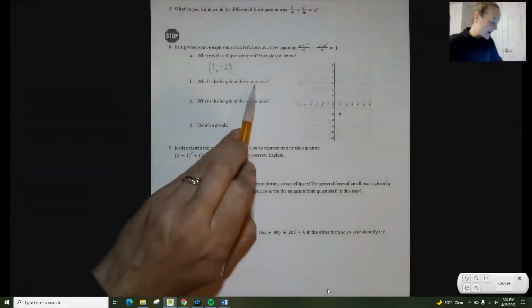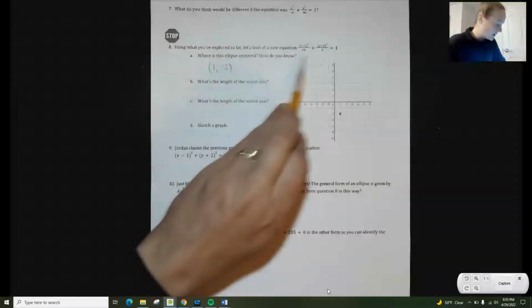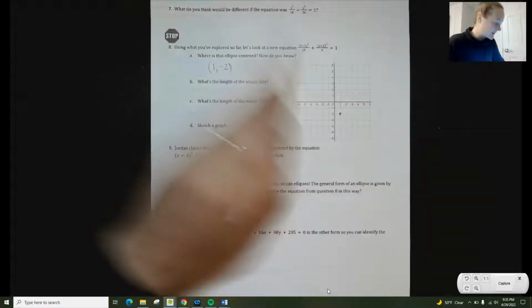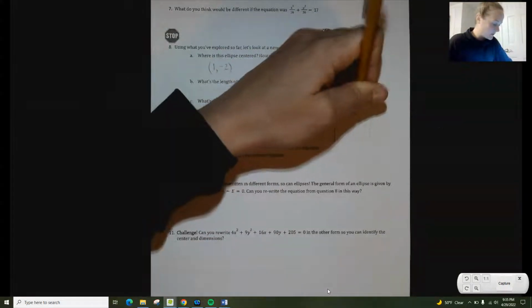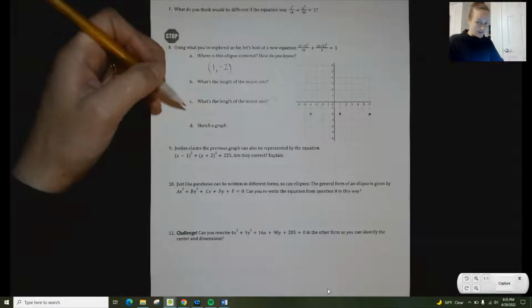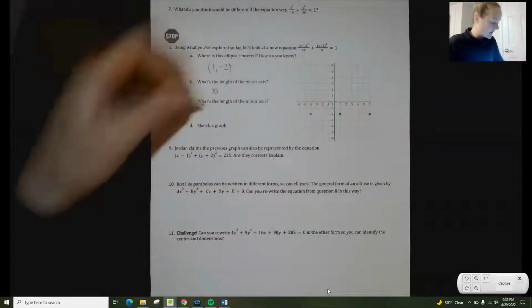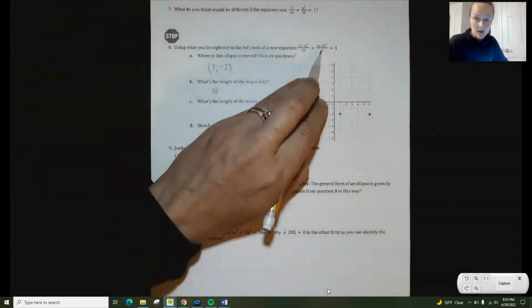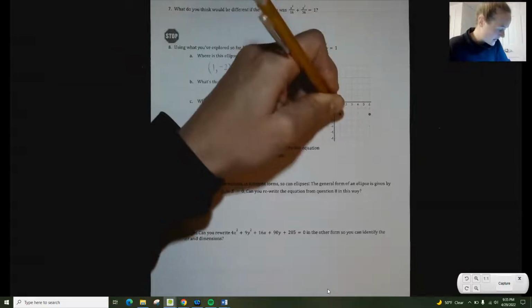And then the major axis talks about which one is larger. So 25 is larger. The major axis is going to go 5 either way. 1, 2, 3, 4, 5. 1, 2, 3, 4, 5. The question is, what is the length? The length is not 5, it's actually twice that, so it is 10. The length of the minor axis comes from the smaller number, and the smaller number is 9. The square root of that is 3, so I would go up 3 and down 3,